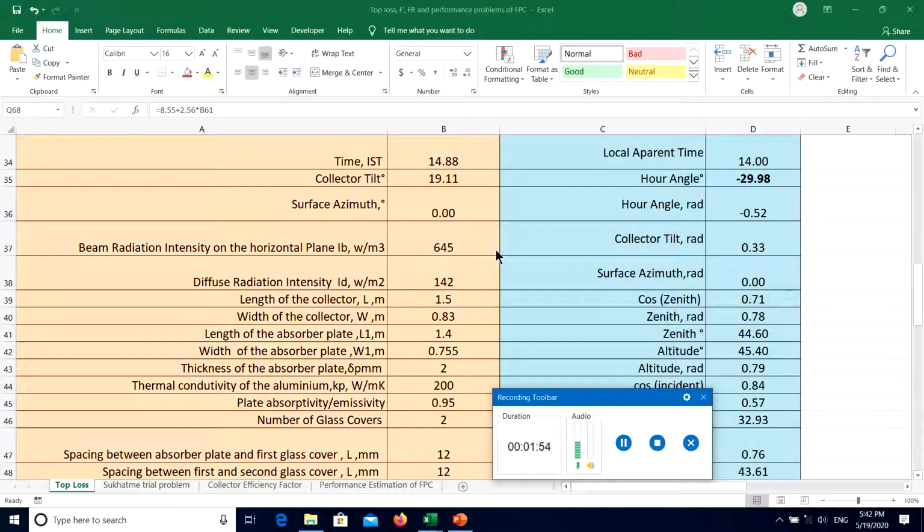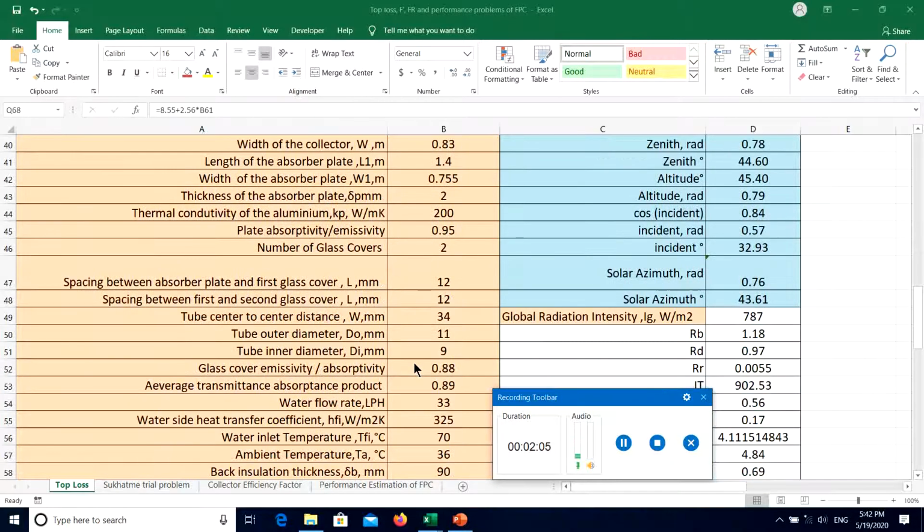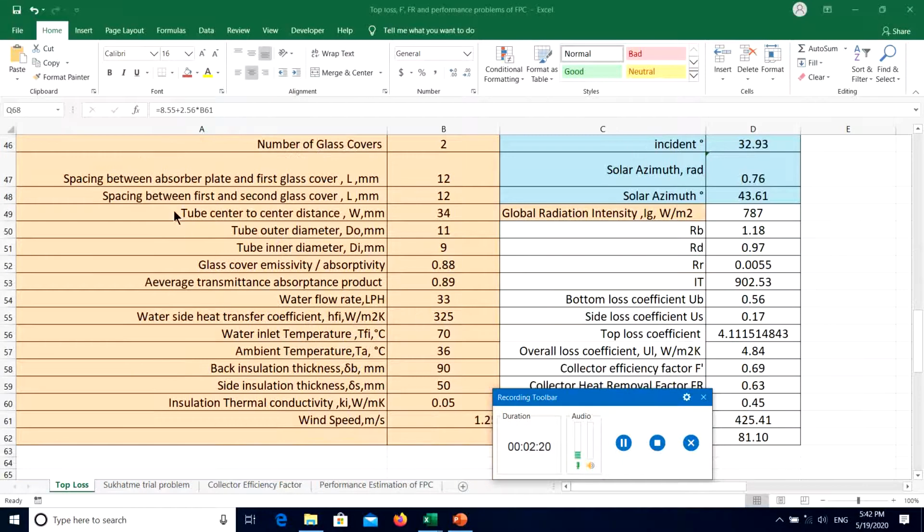Beam radiation intensity is given, IB 645, diffuse radiation intensity 142, length of the collector, width of the collector, length of absorber plate, width of the absorber plate, then thickness of the absorber plate 2 mm, thermal conductivity of aluminium, plate absorptivity epsilon p, number of glass covers 2 is given, then spacing between absorber plate and first glass cover 12 mm, spacing between first and second glass cover 12 mm, then tube center to center distance 34 mm, tube outer diameter DO is 11 mm, tube inner diameter 9 mm, glass cover emissivity absorptivity, that is epsilon c, is 0.88,